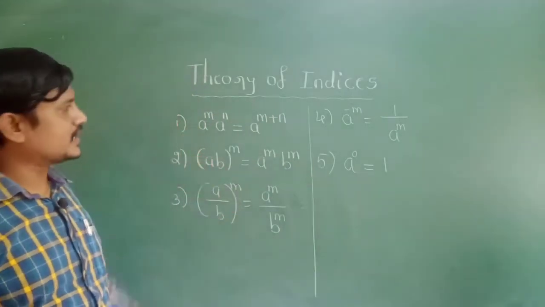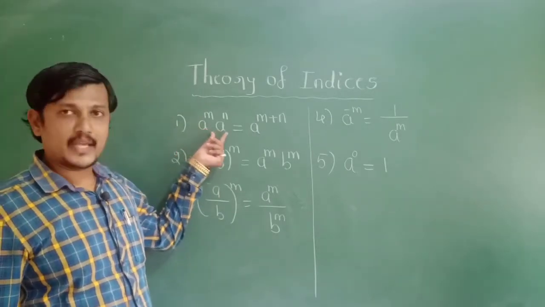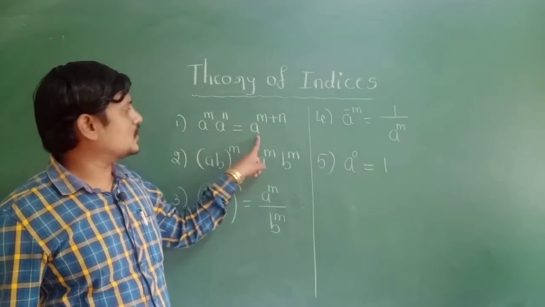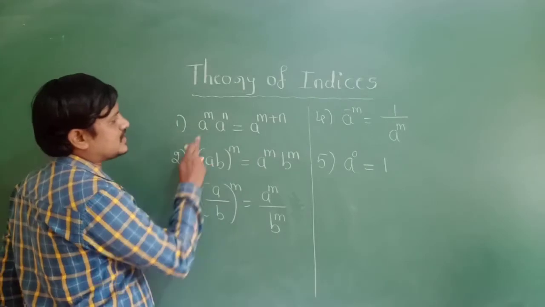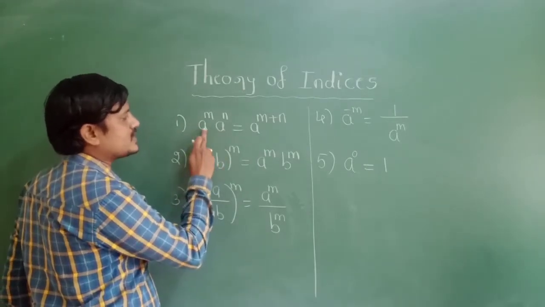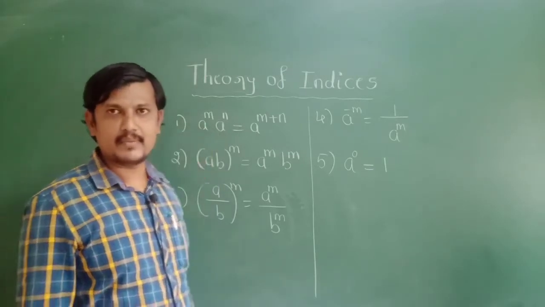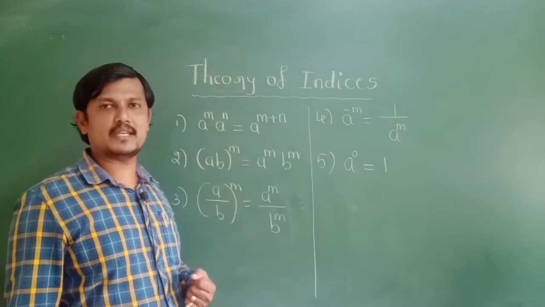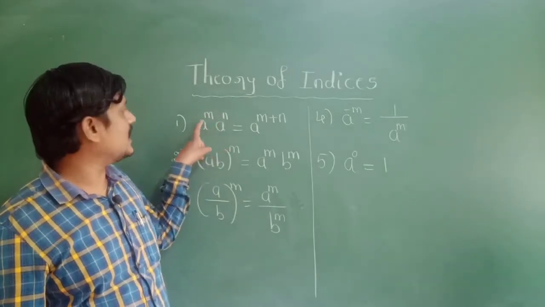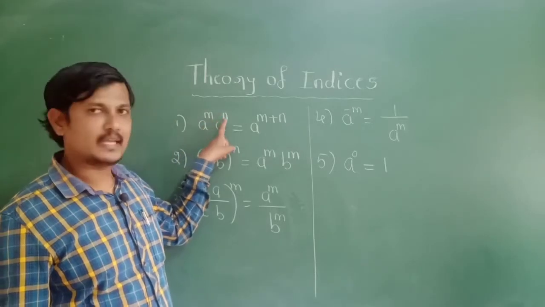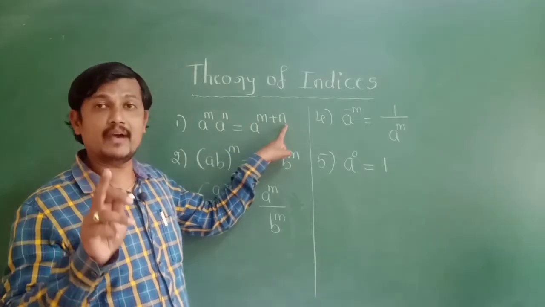What is the first one? a raised to m into a raised to n is equal to a raised to m plus n. In the first one, here also a is there, here also a is there, which means the base is same. If the base is same, then we can add the power. What is the power of a here? It is m. Then here n, then you can add the power, that is m plus n,